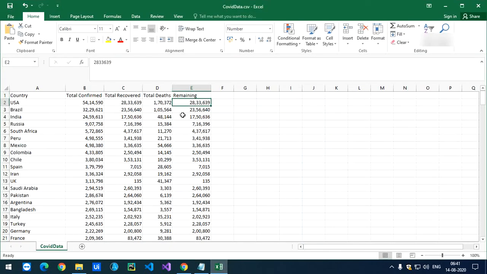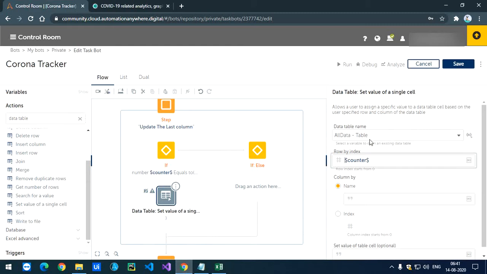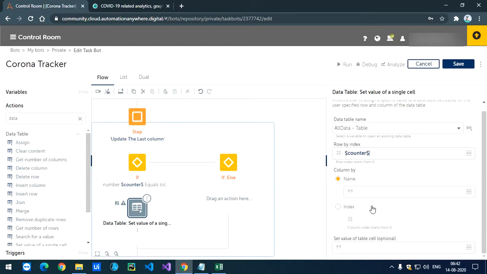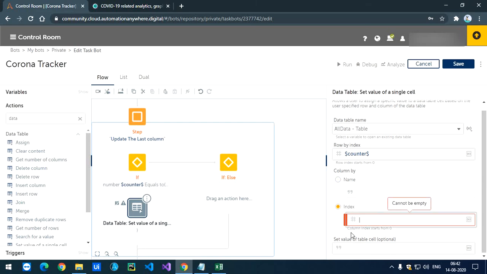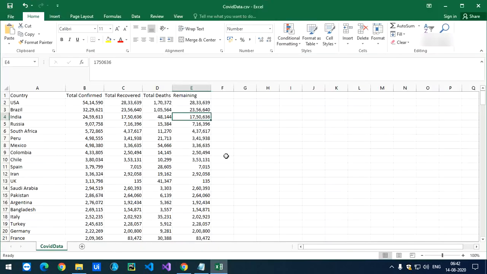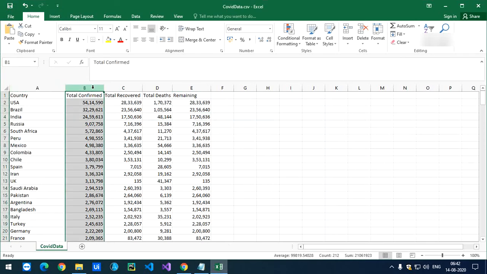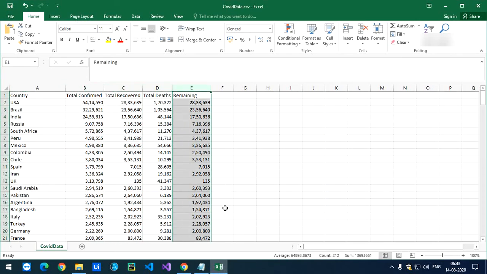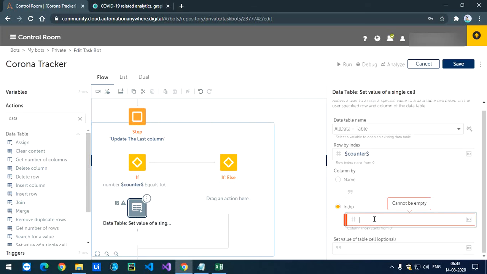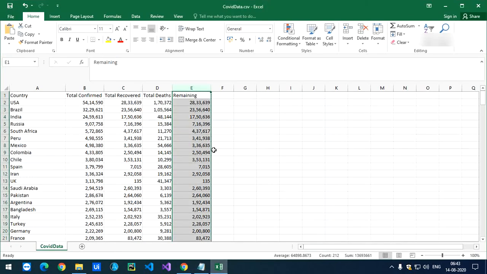For this it is 1, this is 2, this is 3. That's why I use it for the 0 index. Then the index, which is the column. Which column do you want to update? I want to update the 0, 1, 2, 3 and 4th column, so I'll write here 4 and the value. So for the 0 index, the value is going to be this.